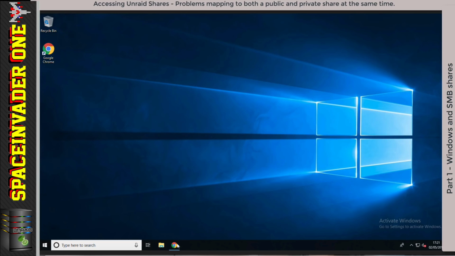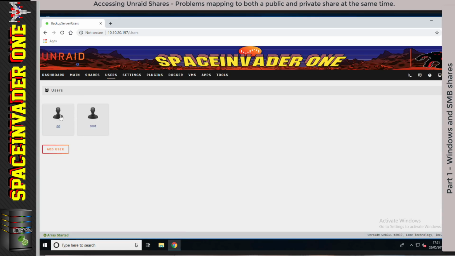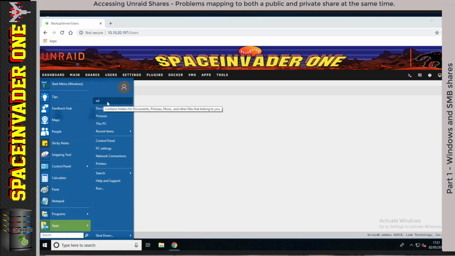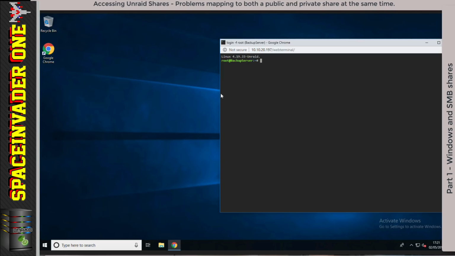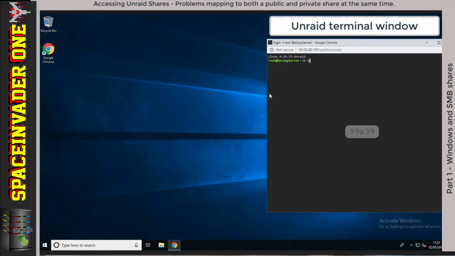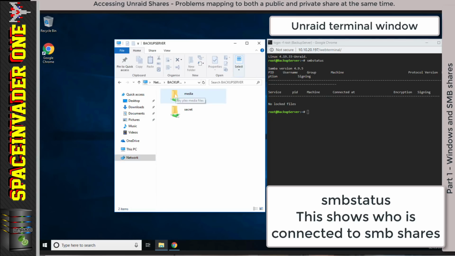So let's go onto the Unraid server, and you see under users here, I've just created a user called Ed with the password of Unraid, and that matches what I've got on the Windows box. So if we go and open a terminal window, and this is on the Unraid server, and we type SMB status, we can see here the identification of who is connected to which share, and at the moment there's nothing connected. So now I'm going to browse the network and connect to the public share here, the media one, and